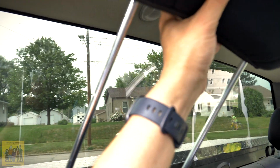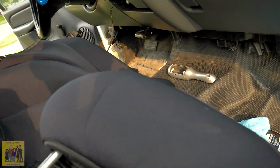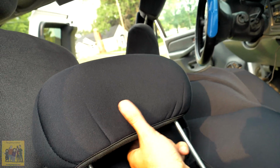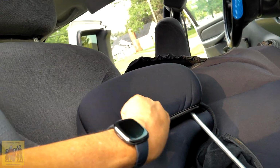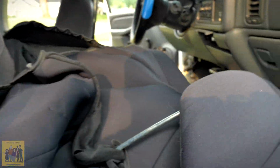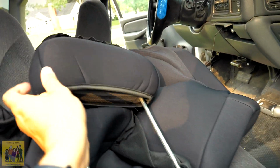out. These headrests, you can put it on either way, I guess, but I like the way it looked like that. I assume that's how they wanted it. When you get them, you'll notice there's what looks like a front or a back, and I think the front is the bigger section. I got to take this off,